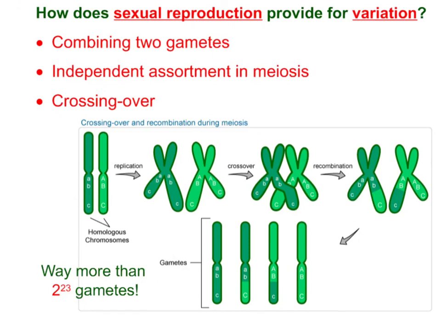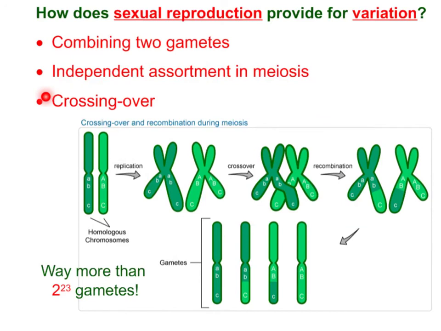How does sexual reproduction provide for variation? This is a key point to remember, several key points to remember. The combination of the two different gametes, that provides for variation, right? We have those two different gametes that can combine together. We also have independent assortment in meiosis that gives us a lot of different variation. We've been talking about these things, but here is another